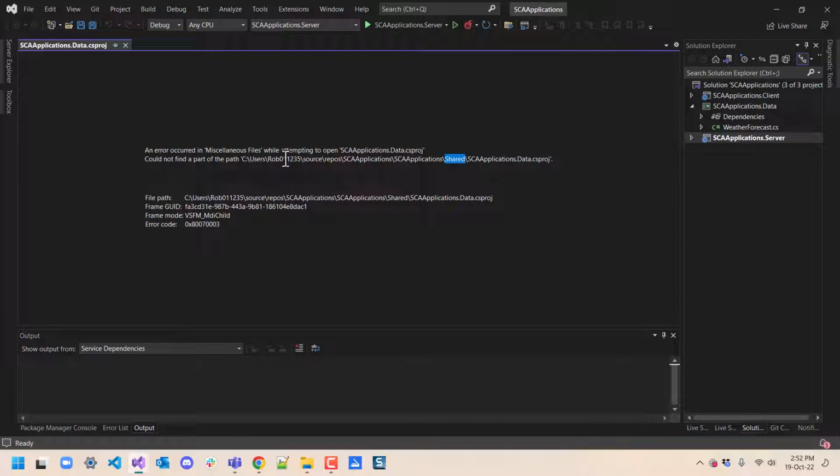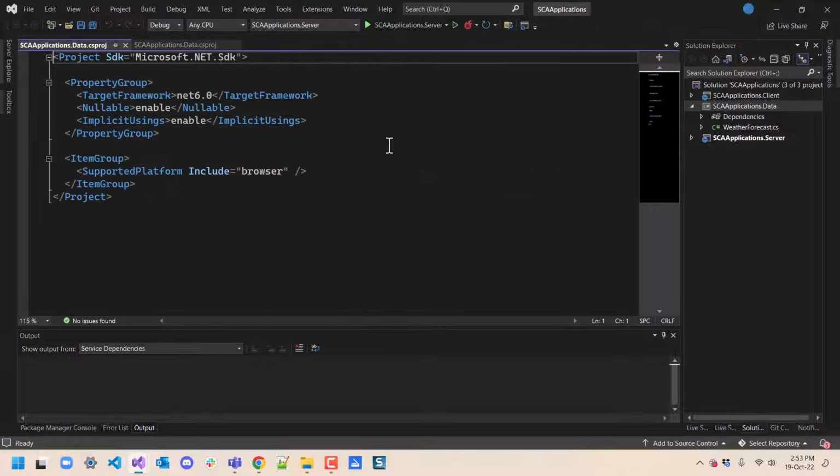So notice that there are other areas in this application that are looking for something called shared. And it's having a problem from the